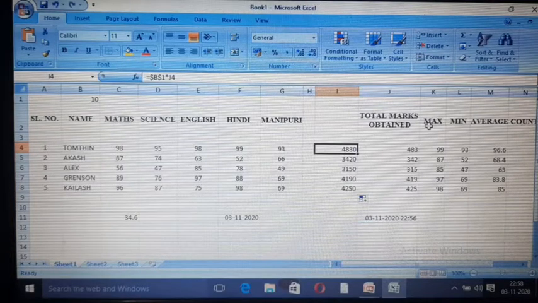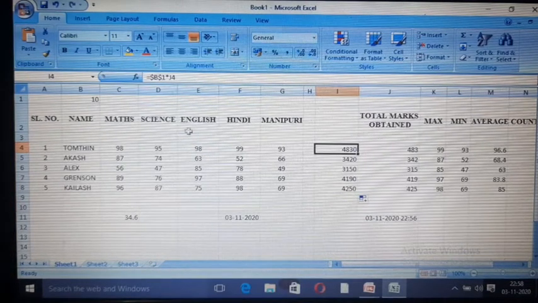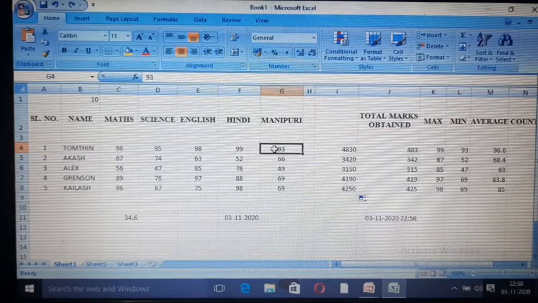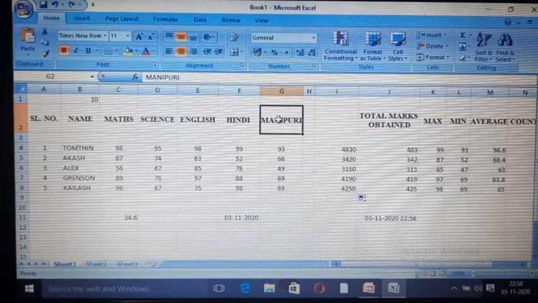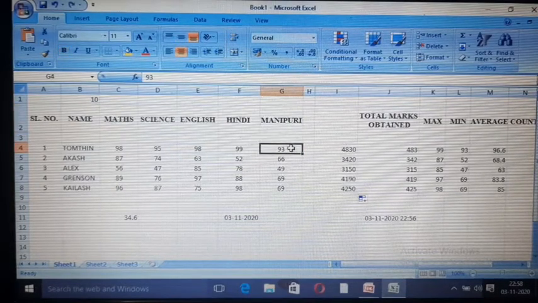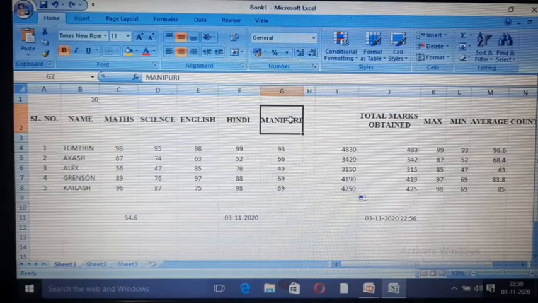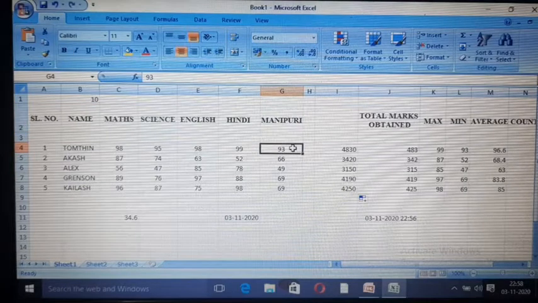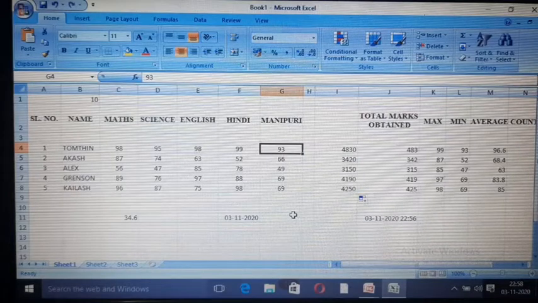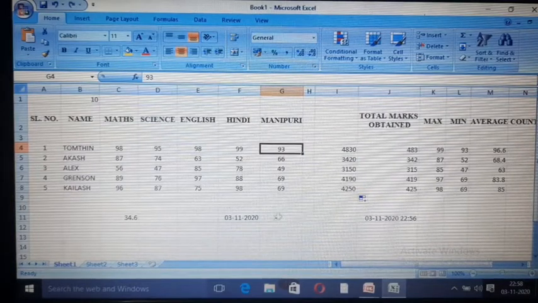you are trying to add a value with a label. Suppose a value and a label, like the Manipuri subject marks 93 and a label. If you try to add a label to a number, you will see an error. Now I'll give the suppose